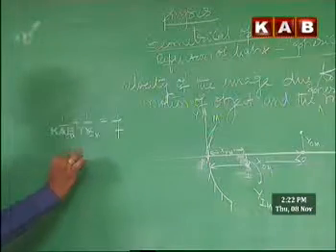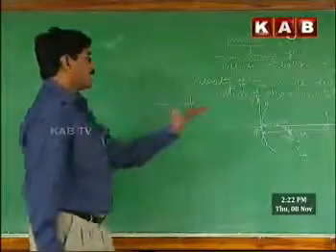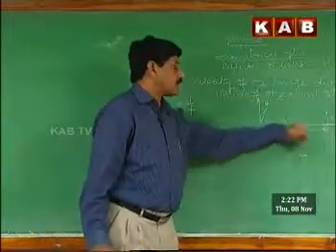Now we differentiate this, dXOM by dt, in case there is a change in the position of the object relative